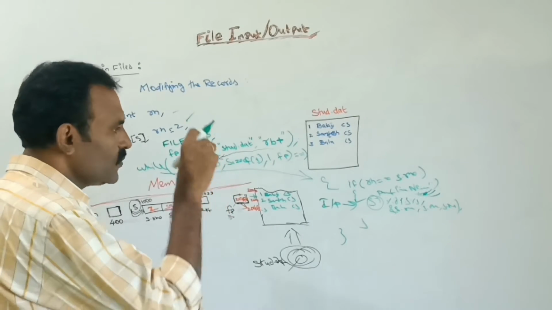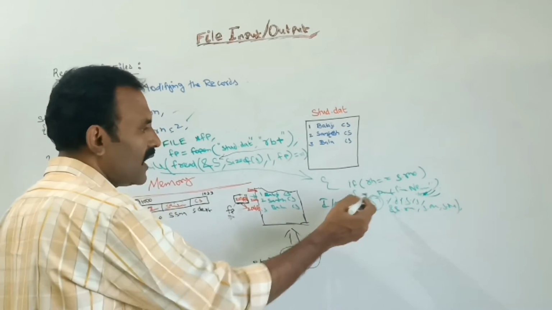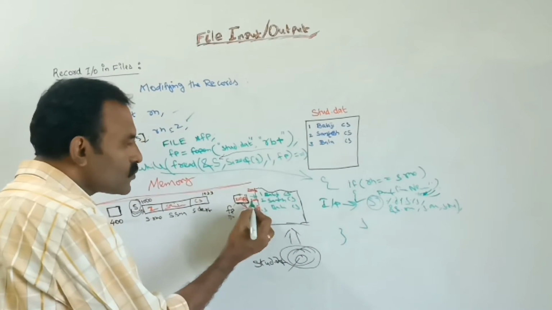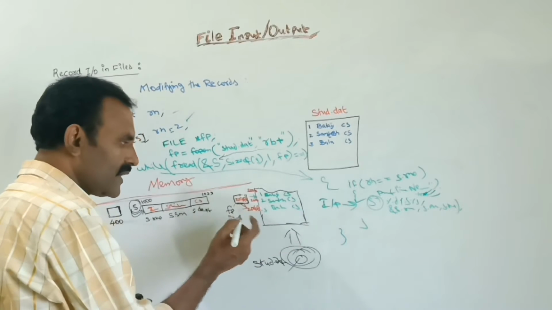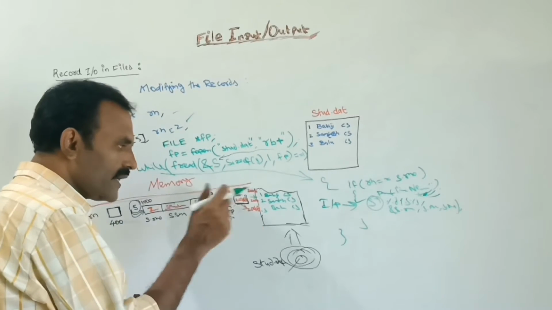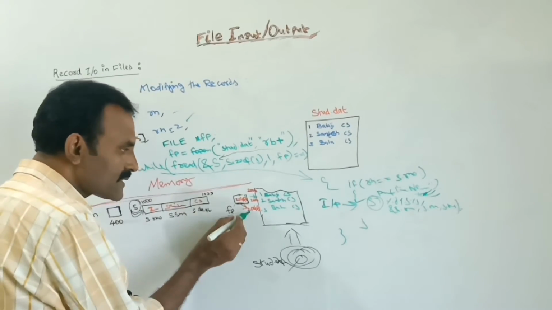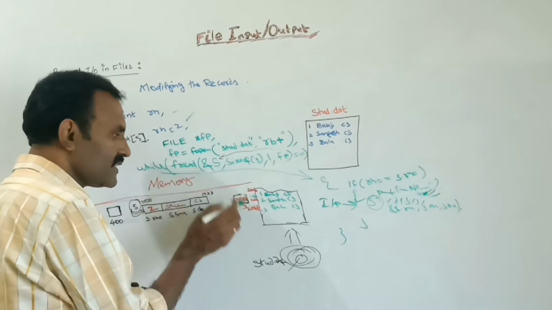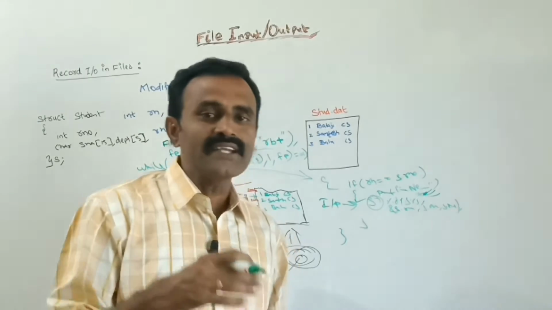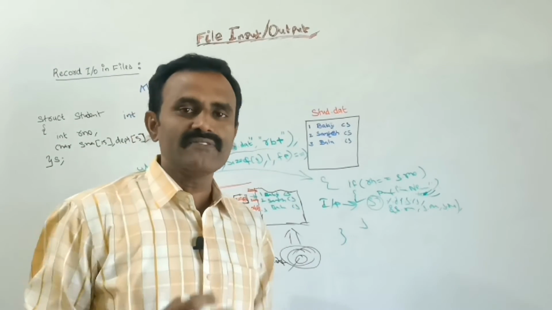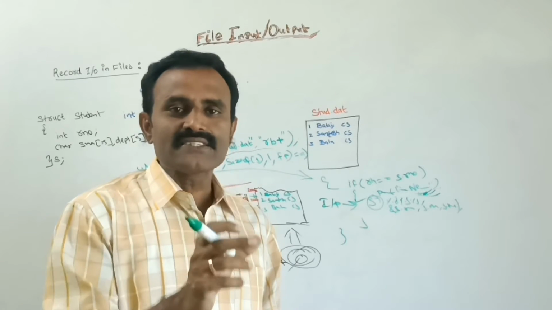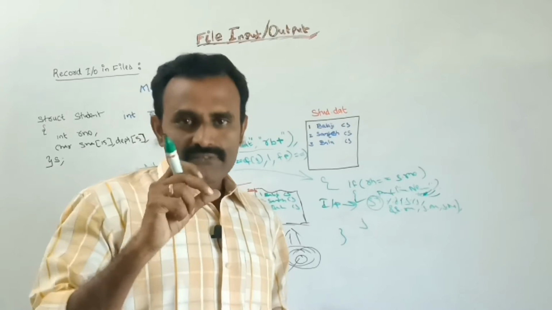Now I need to modify. Here I am giving the new value. After giving that new value, I should store that value where? To this 2024 address. But now where is the file pointer? It is located at 2048. So now I want to bring this cursor, that is the file pointer, in reverse to 2024. So by using this fseek function we can move the file pointer. Wherever we need, by using this fseek function we can move the file pointer.